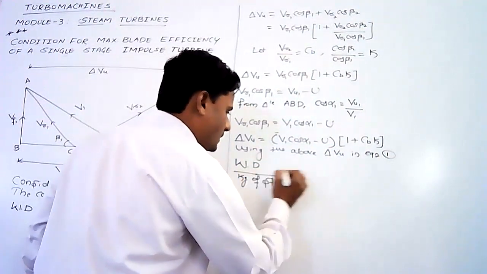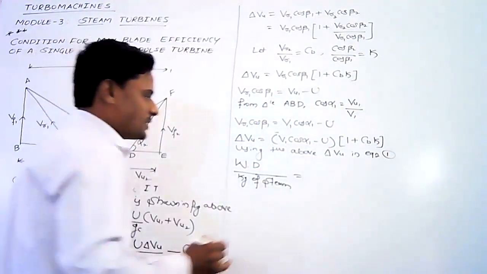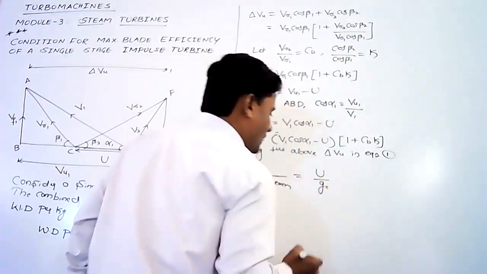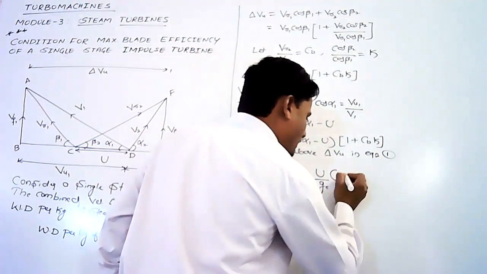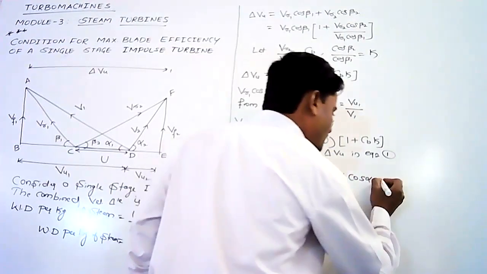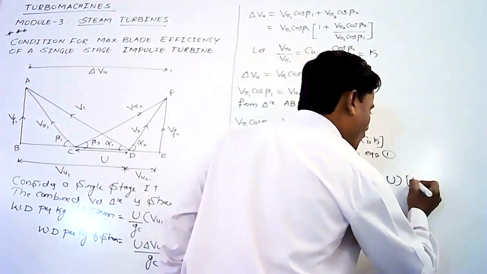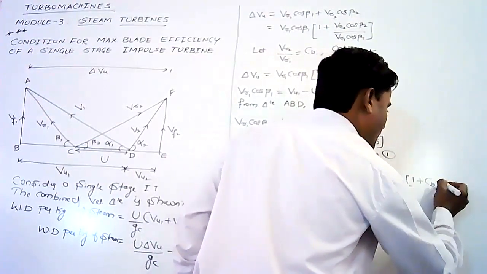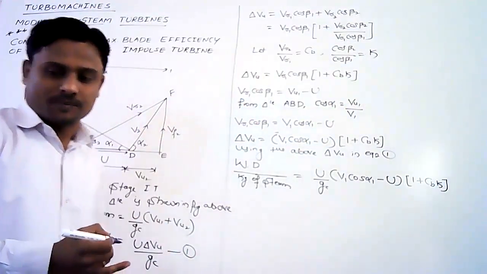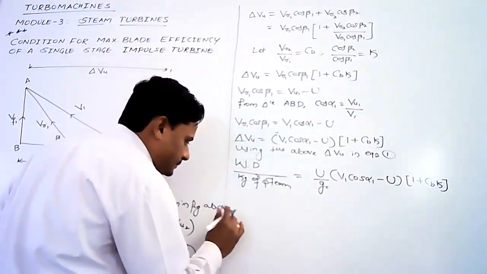Work done per kg of steam can be written as U by Gc into V1 cos alpha into (1 minus U) into (1 plus Cb into K). Okay. Now here,